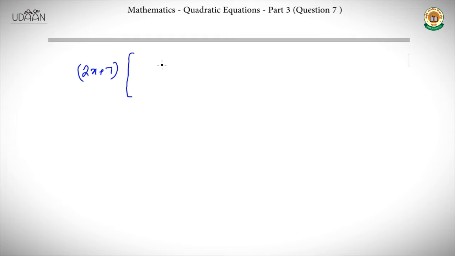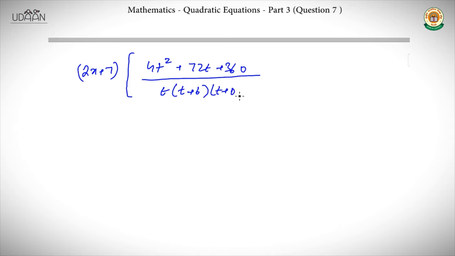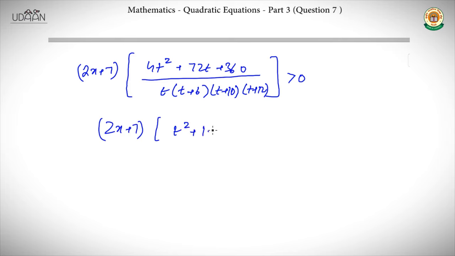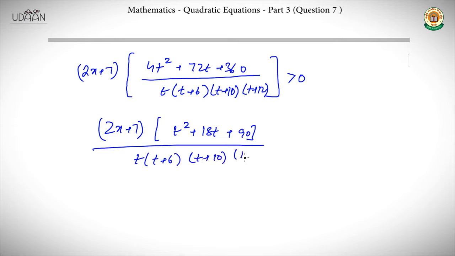So we get it in the form 2x plus 7 into 4t square plus 72t plus 360 divided by t into t plus 6 into t plus 10 into t plus 12. One may think that getting such big numbers means we are stepping in the wrong direction, or maybe it is not required, but you just need to keep patience till the end if you know that your method is correct. So we just solve it further to get 2x plus 7, taking some factors common, t square plus 18t plus 90 divided by t into t plus 6 into t plus 10 into t plus 12,